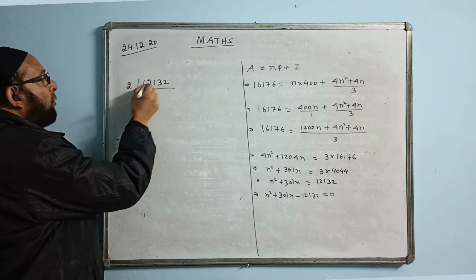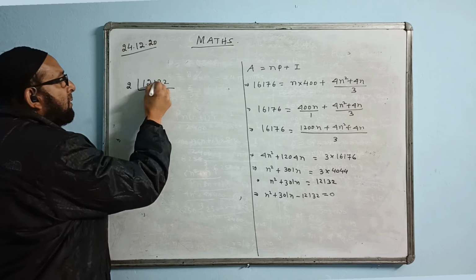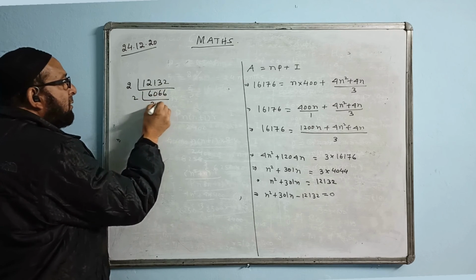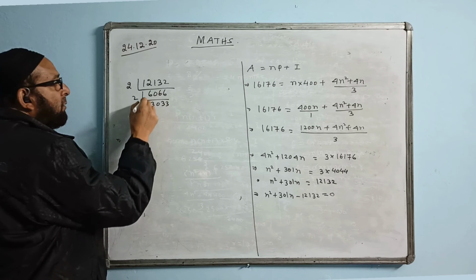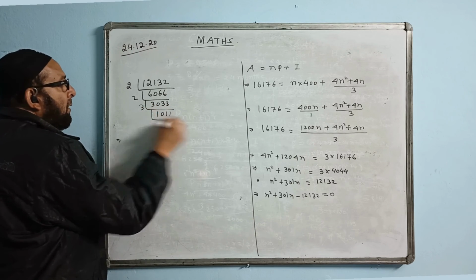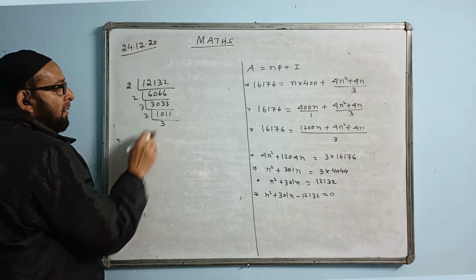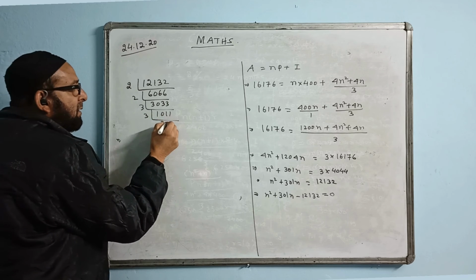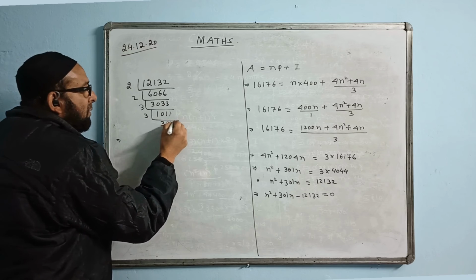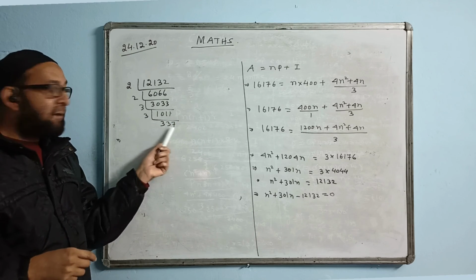First we will divide by 2. 2 6s are 12, 0 will come, 13 is there, so 2 6s are 12. With 2 again I will divide, 3 0 3 3. It won't go by 2 now, divide by 3. 1 0 1 1. It will again go by 3. 3 3s are 9, 11 is there, so 3 3s are 9, 2 is there, so 3 this much. So I am getting a number 337.